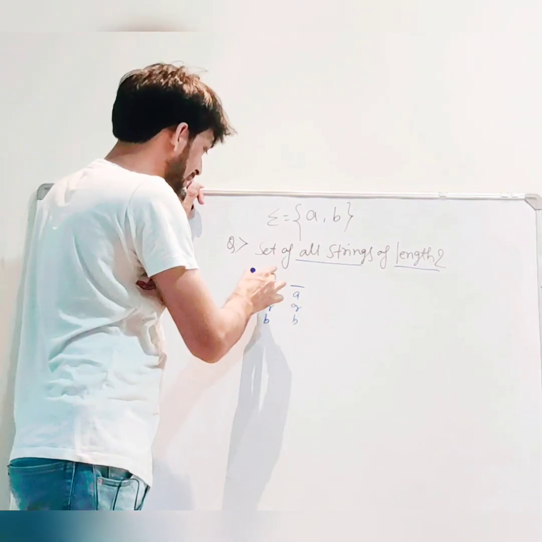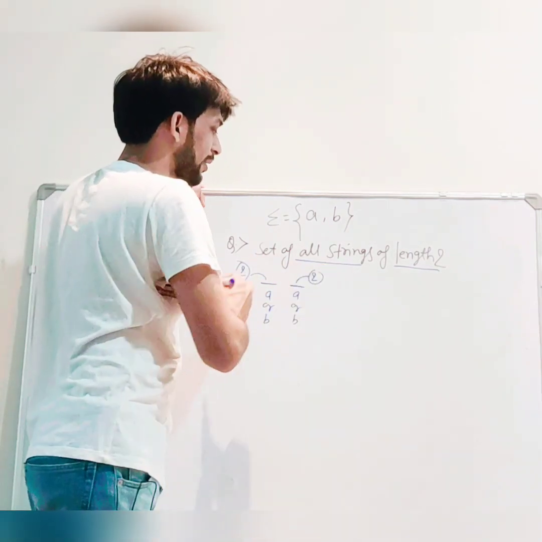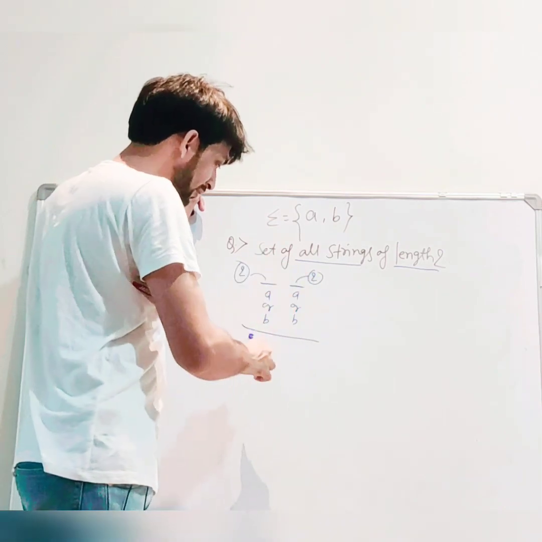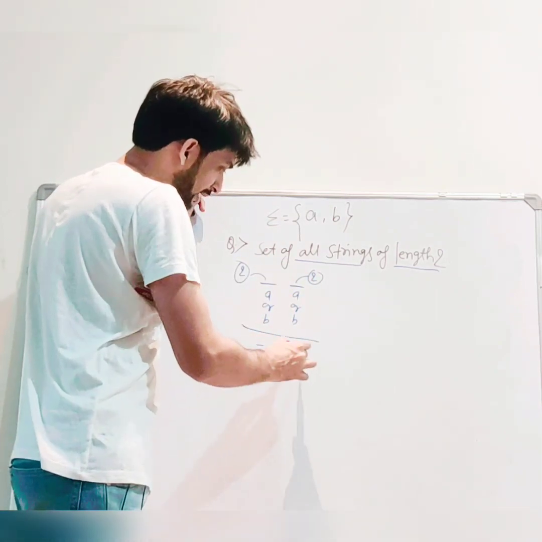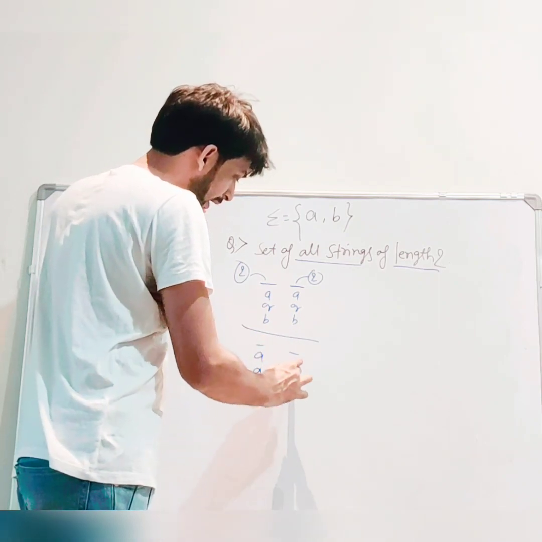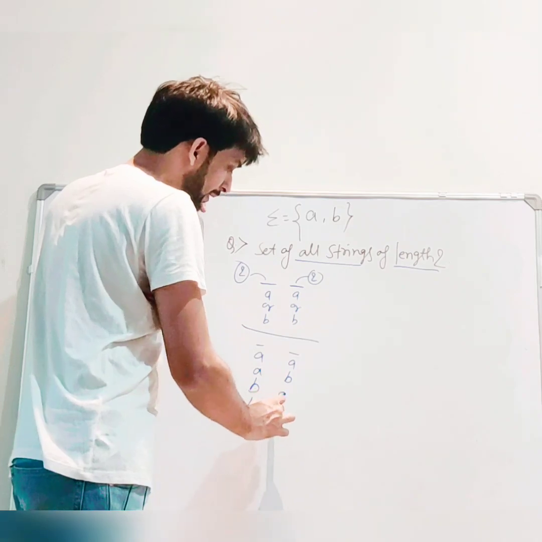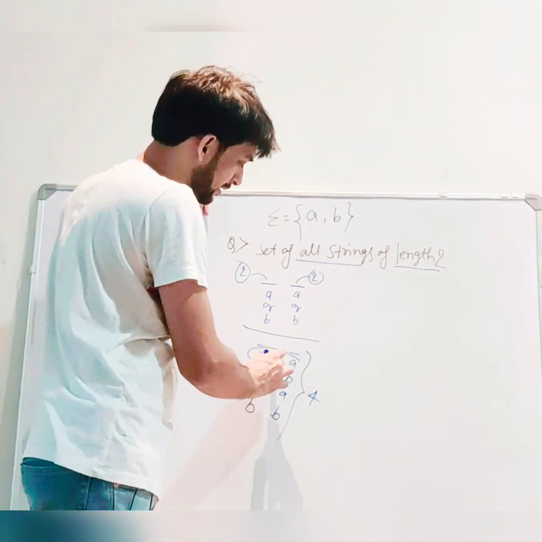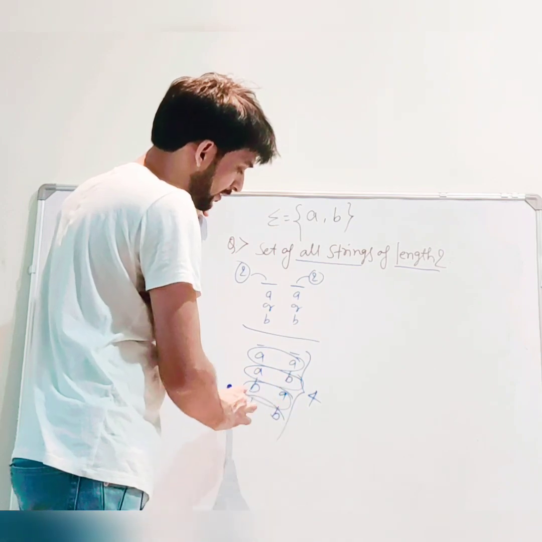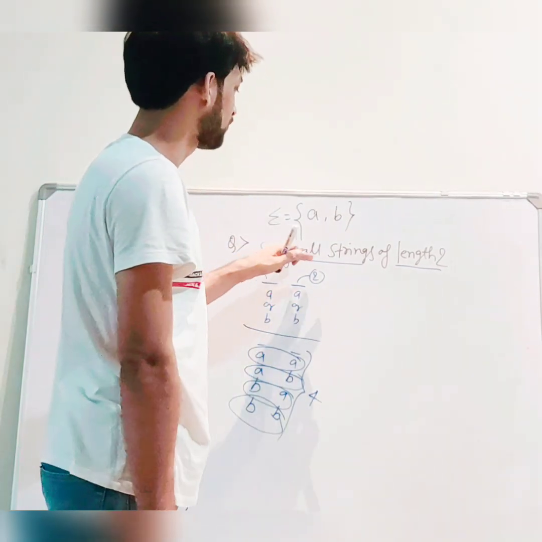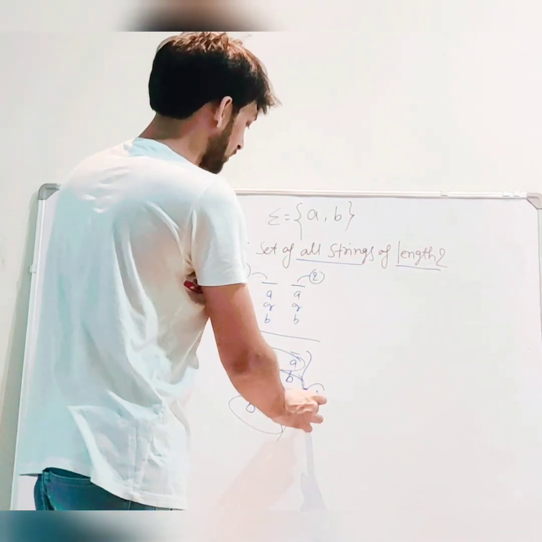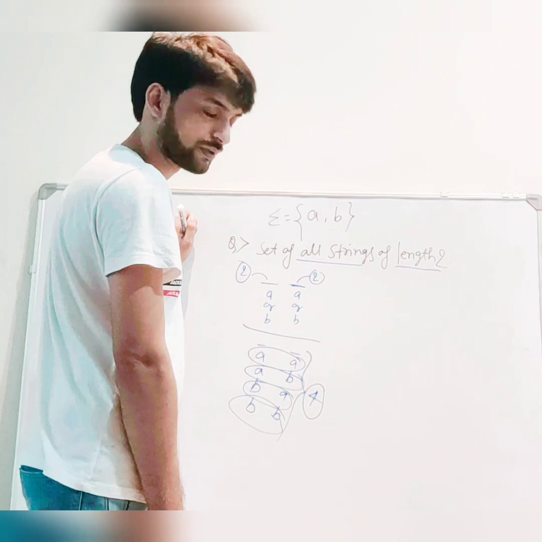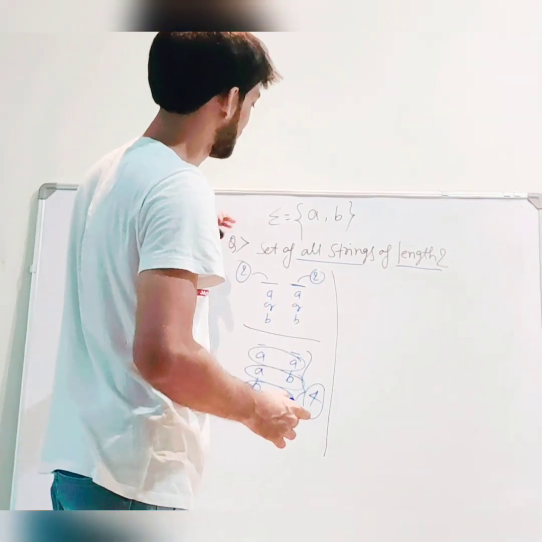It means this space has 2 choices and this space has 2 choices, right? So totally these 2 spaces can be filled by either AA, AB, BA, BB, right? So totally 4 strings: AA, AB, BA and BB. So the set of all strings of length 2 is 4. Also, this space has 2 choices, this space has 2 choices, 2 into 2 equals 4 also. So if we want to extend this question,